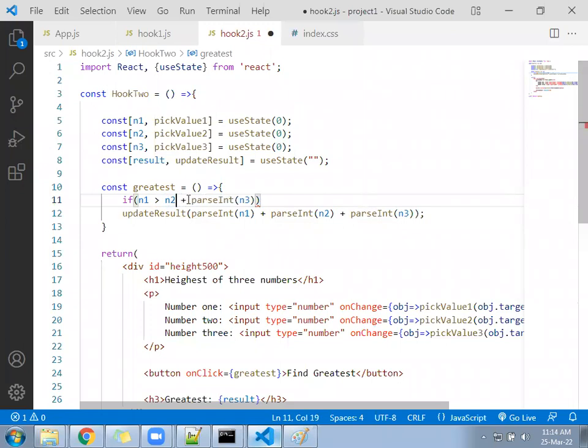You can remove all parseInt. Then we can check like this: n1 greater than n2 and n1 greater than n3,